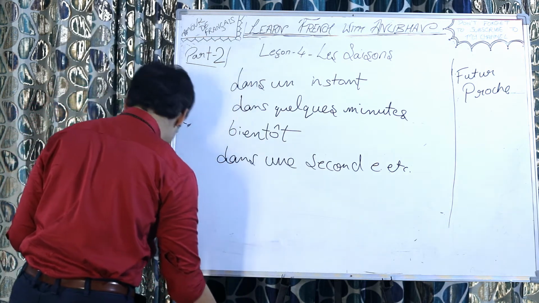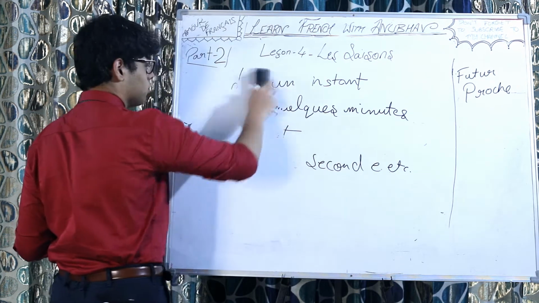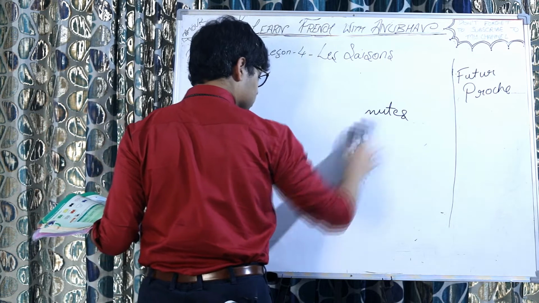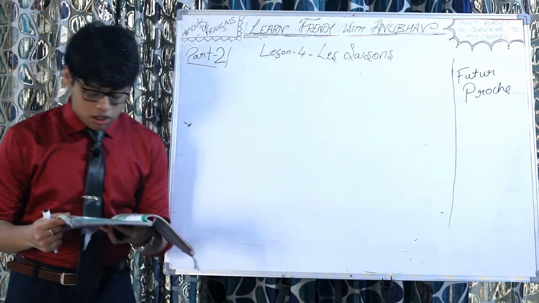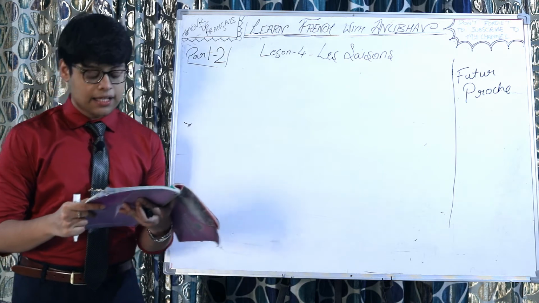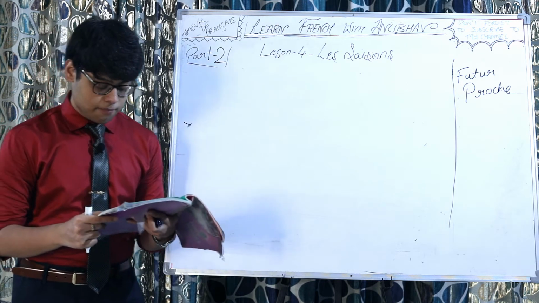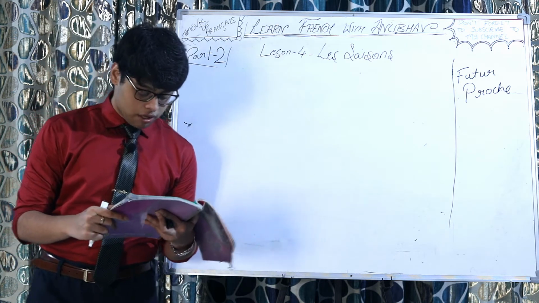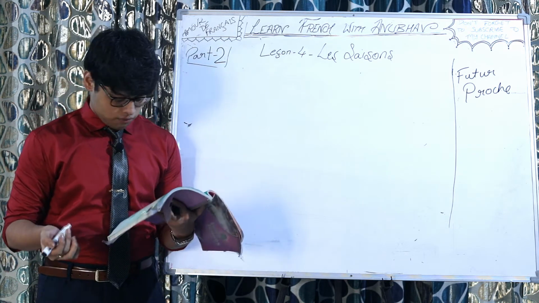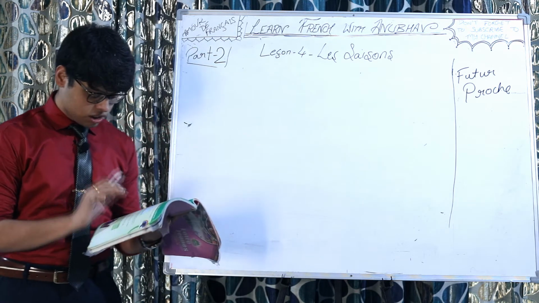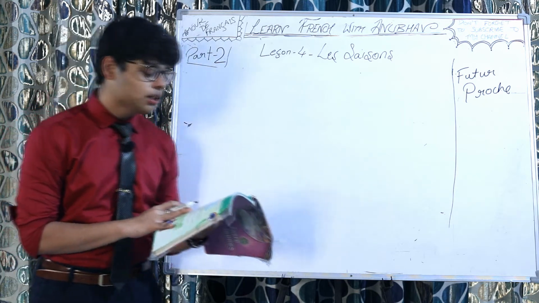Let's just rub it off. We have a dialogue coming ahead. Lis les dialogues et souligne les formes verbales. Read the dialogues and underline the verbal forms. We may not do this verbal form part, we just do the dialogue. Let's discuss it. So the first dialogue is of Dennis.